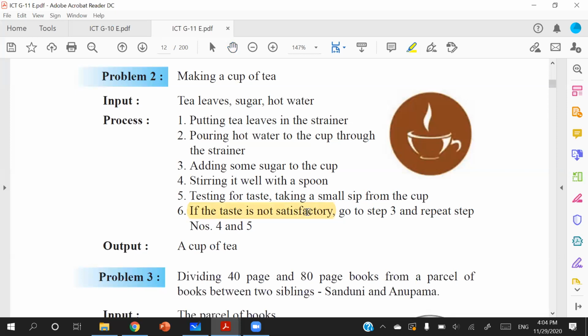Then stir it well with a spoon. Then again, have a sip and see whether it is satisfactory. If it is not, again, you are going to add some sugar, then stir it well, then taste it and see. So likewise, until you are satisfied, you are going to repeat some steps in your process, right? Are you getting this point? The point is, there are some processes where you have to repeat against a condition when you are decomposing